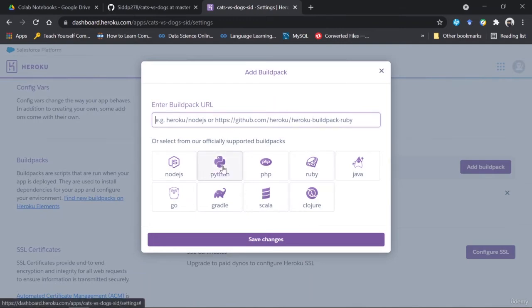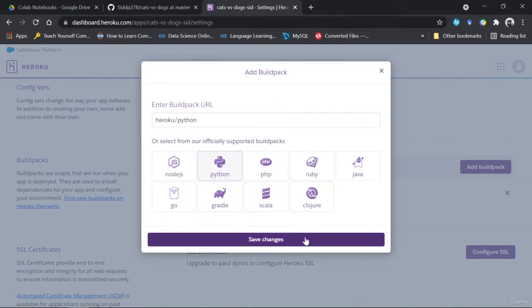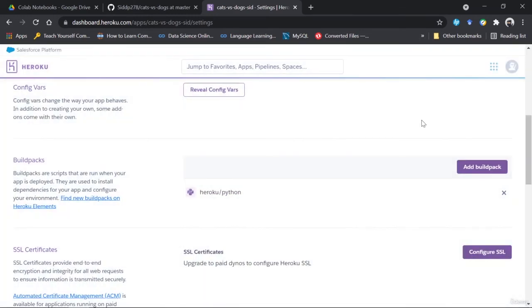Then you choose Python and click save changes. Now Heroku understands that you're going to use Python on your server and a buildpack for that has to be instantiated there.